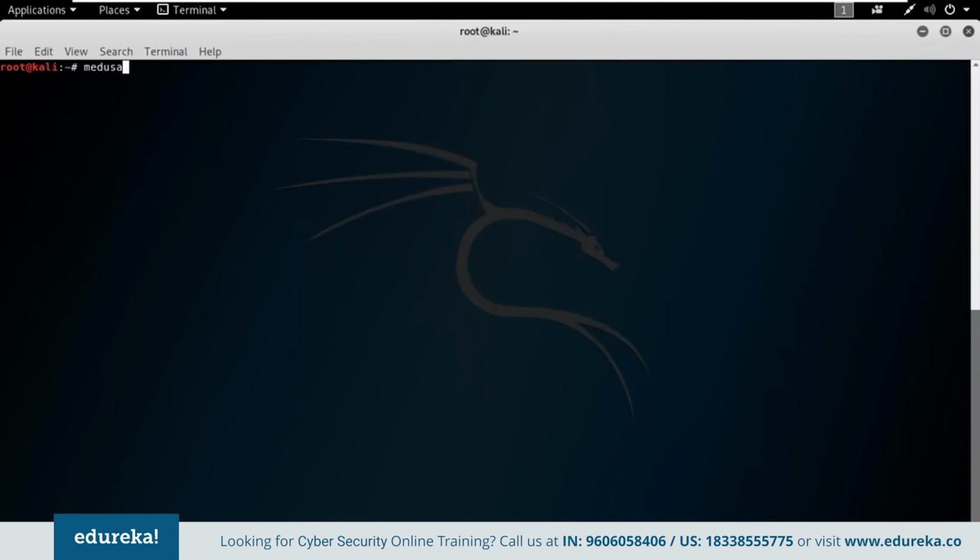So medusa -h, because I want to specify the IP address of the Metasploitable2. That's 192.168.1.2 if I'm right. Then -u. So let's try with direct username first. MSF-admin is the username, right? Then -P. Let's give the capital as in the username. The location, root, it's in my desktop, and bvap.txt, then -M ssh, since it's an SSH connection, and -n, the port number, which is default 22 for any SSH connection, and click enter.